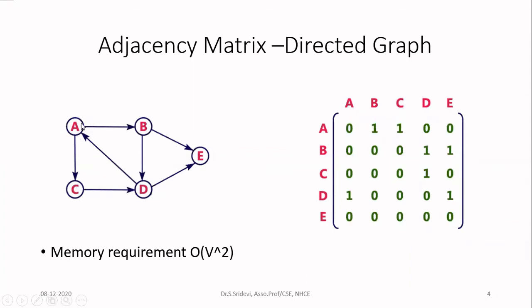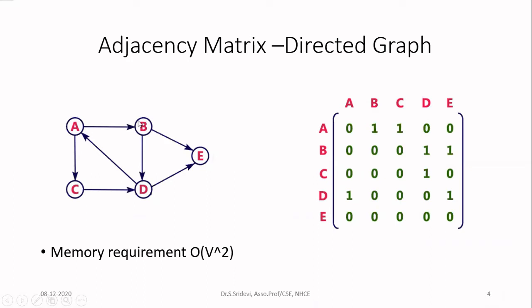In node A, I have to consider only the outgoing edges with respect to this particular node. Node A has 2 outgoing edges, which are B and C. Now consider the row for A. Since we have 2 outgoing edges to B and C, under the columns B and C you write 1. Under the remaining columns, you write 0. Always we are representing this with respect to the outgoing edges only, meaning from that node, which node can be connected, which node can be communicated with. That is the meaning.